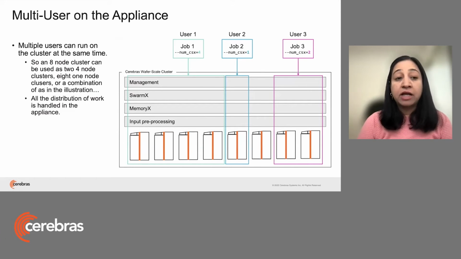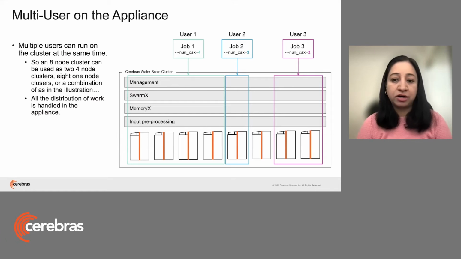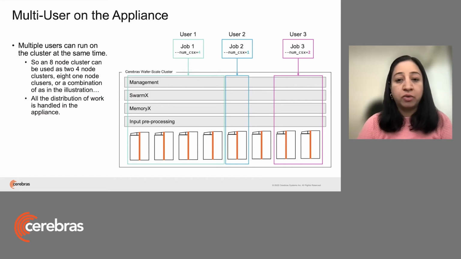Now there's a natural question about multi-users because this is a huge hardware cluster and it has the capability to scale from one to many CS2s, but workloads can all vary. Some users might need 1 CS2, while a few others might need 8 CS2s, or some might even need all the way to 16 or 32 CS2 clusters. So it all depends on your workload and use cases, and you would naturally want to enable multiple users leveraging this behemoth of a cluster. So that's exactly what we provide here.